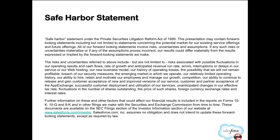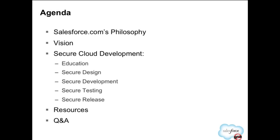Thank you. Hello, and thank you for joining us this morning or this afternoon, wherever in the world you are located. As mentioned earlier, my name is Varun Badwar, and I manage the security program for all ISVs partnering with Salesforce.com. I'm very excited to announce this morning the initiative that the entire security team has been working hard on for the last couple of years, and we believe it will provide significant benefit to the entire Force.com developer and